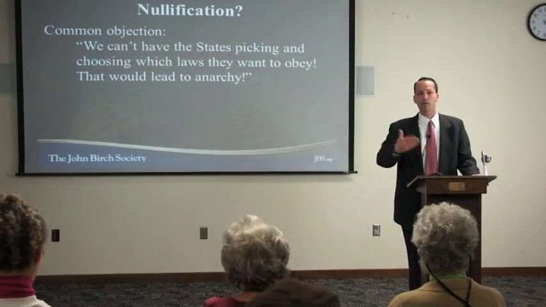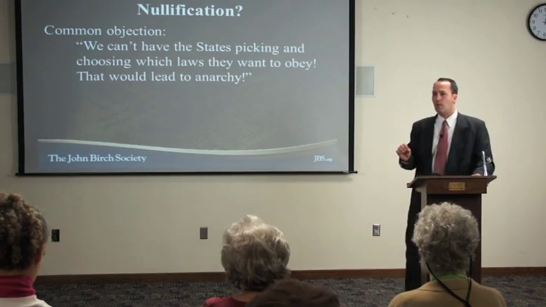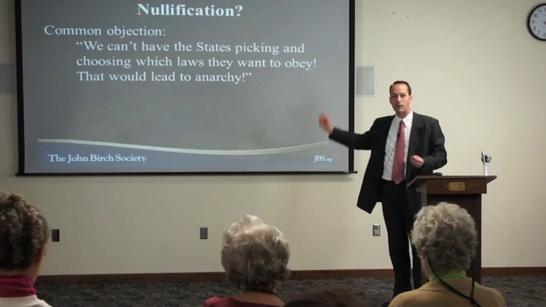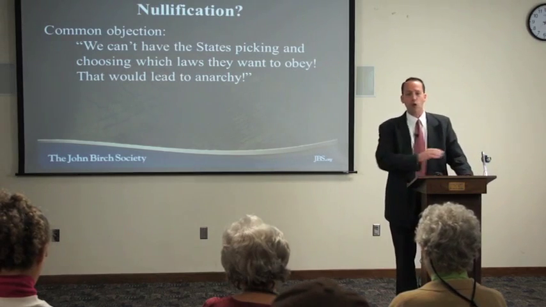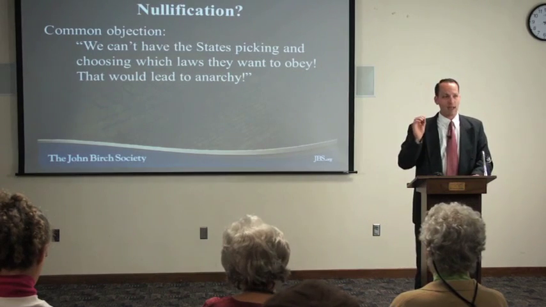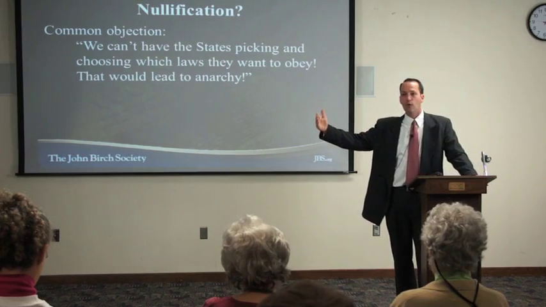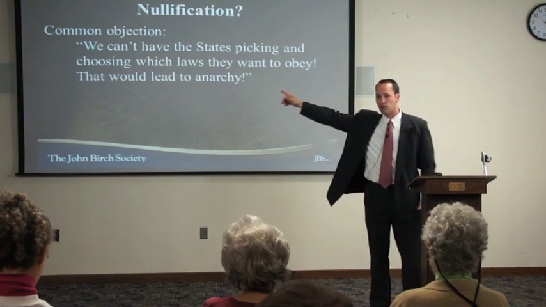What they finally resorted to was just printing the money, printing more and more of the continental dollars. And we'll talk about that a little in lecture 3 as well. But you can see the problem. If the federal has no real power and the states can truly pick and choose, yes, that would be a problem. And yet on the other end of the spectrum, are the states required to go along with anything the federal government says no matter what? If that were the case, then we truly have an unlimited government, whether they're within their bounds of the Constitution or not. If we go to the other end of that spectrum, we end up in tyranny.